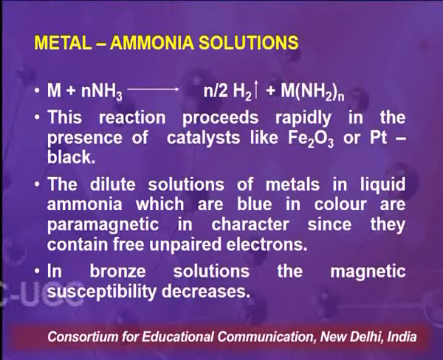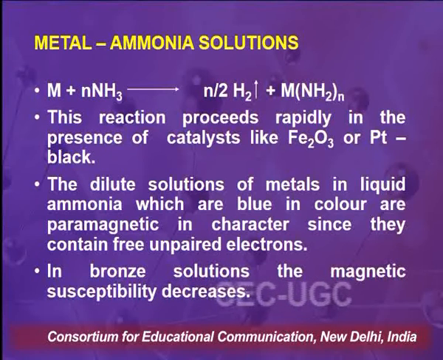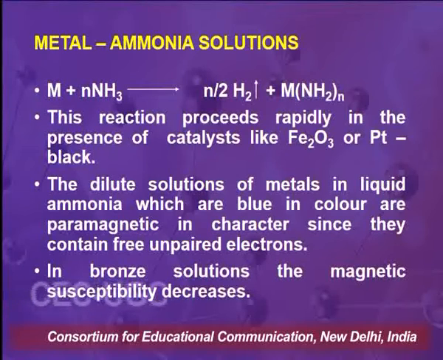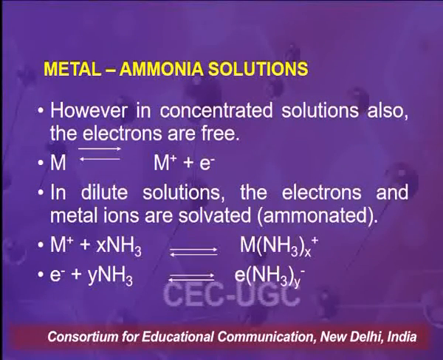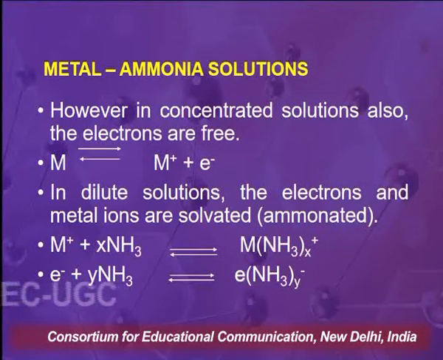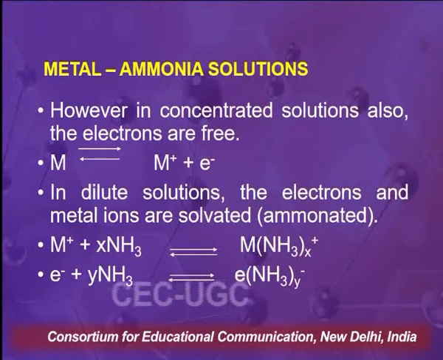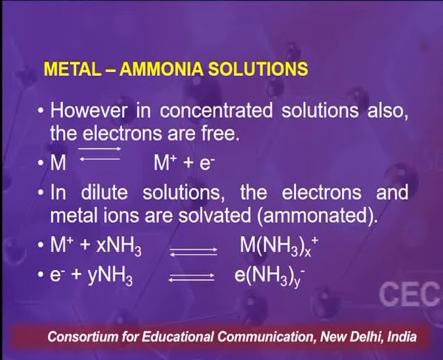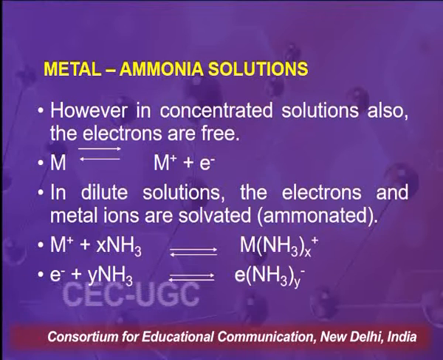In bronze solutions, the magnetic susceptibility decreases because the concentration of metals is high and free electrons are less in number. However, in concentrated solutions also the electrons are free, although they are less in number, but there are free electrons. As we can see, the metal releases free electrons. In dilute solutions, the electrons and the metal ions are solvated, or as we can say ammoniated to be specific,